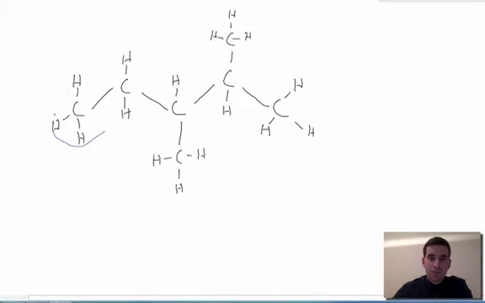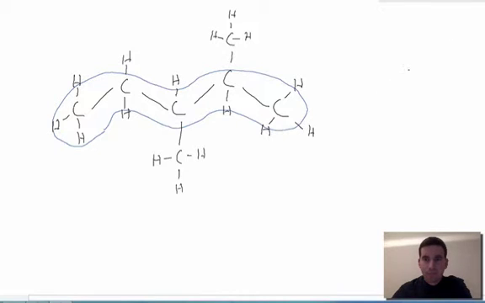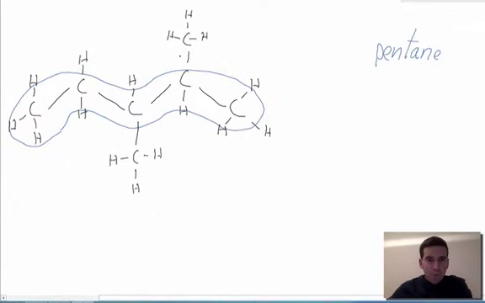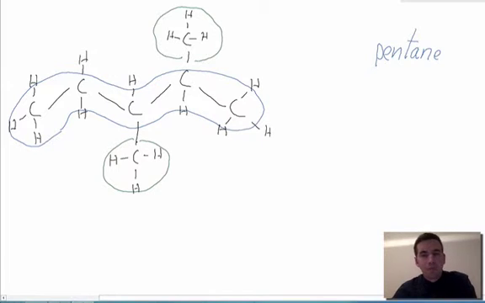Okay, so in this instance, we have 1, 2, 3, 4, 5 carbons in our longest chain. So it is based on pentane. Now in this example, we have two branches coming from the main carbon chain. Now you need to identify every branch. But because this is the same substituent group,